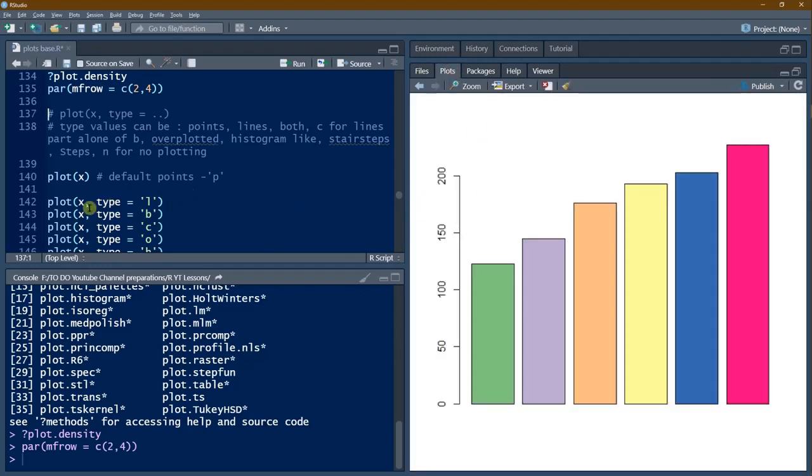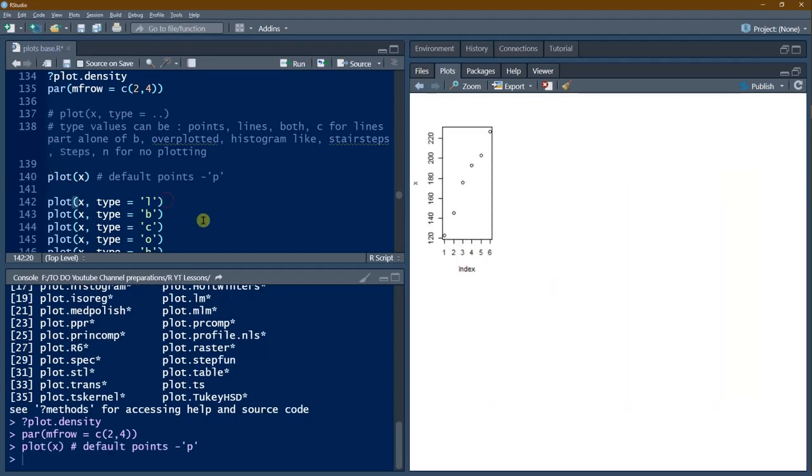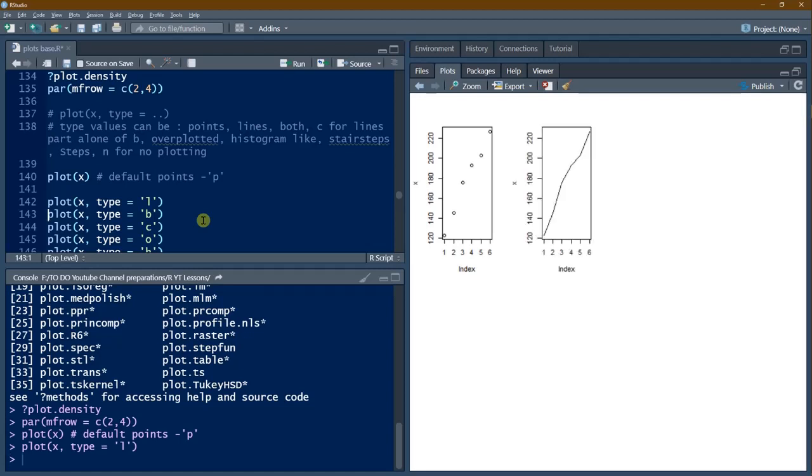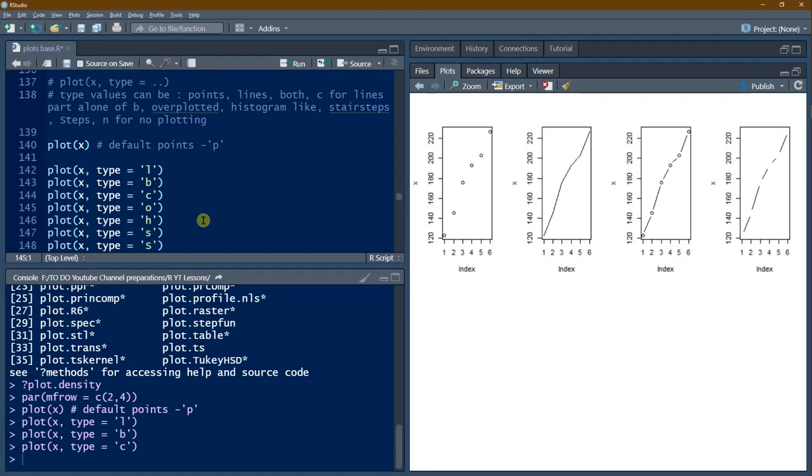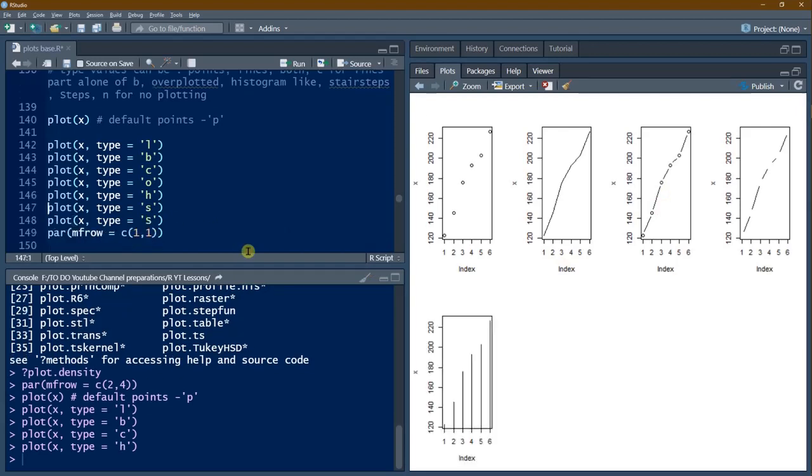Now we'll start plotting. The first plot is just points, and the next one is lines, the next one is both, and the next one is the previous one without the circles or without the points. Then h, which is like a histogram.